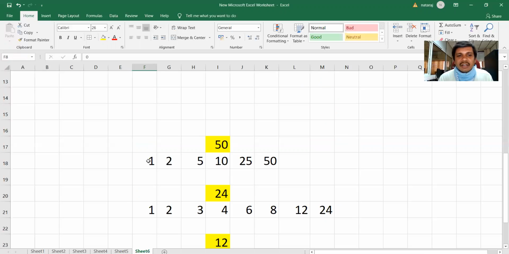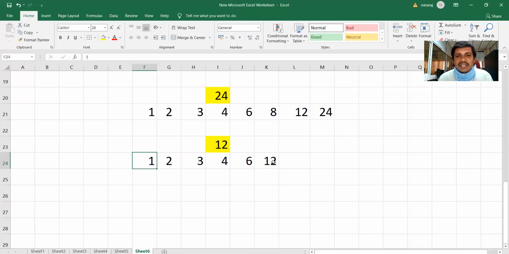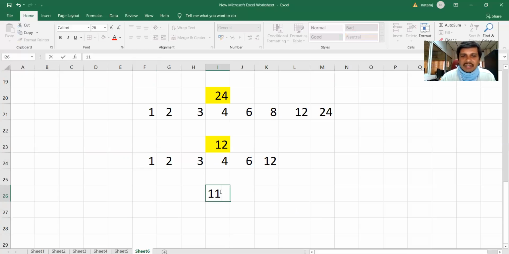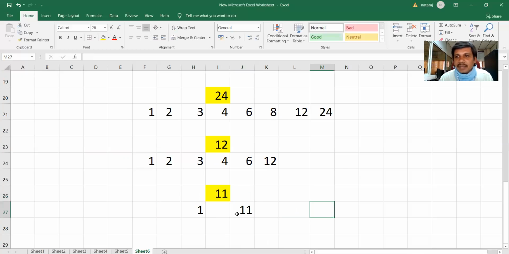Okay. For 50, for this particular I values only, 50 modulus I value will be 0. For remaining values, it will not be equal to 0. Which means these are the factors of 50. Okay. So it includes 1 and itself. 1 and itself. And there are also in between factors. Let us say number 11. The factors are 1 and 11 only. There are no factors in between 1 and 11. So it is a prime.